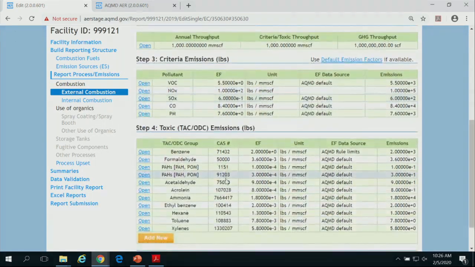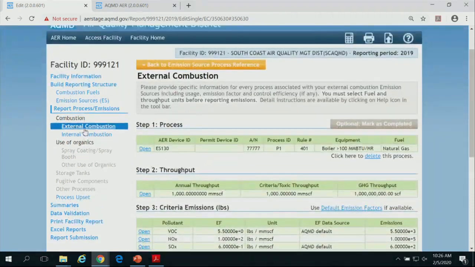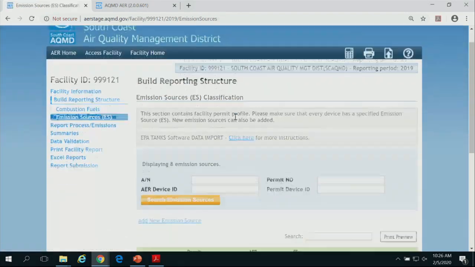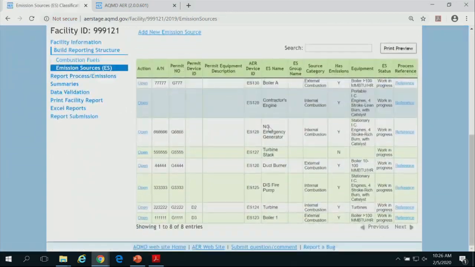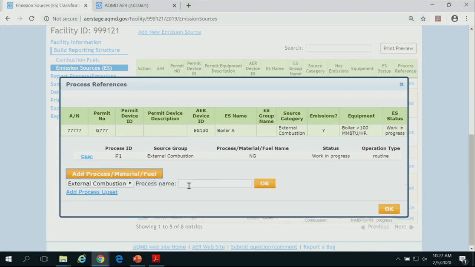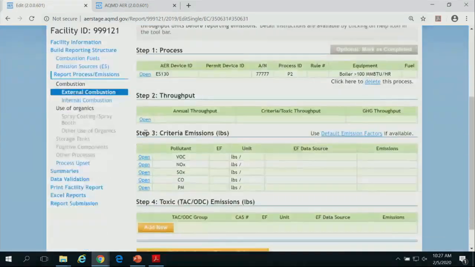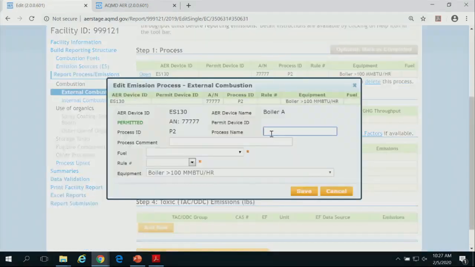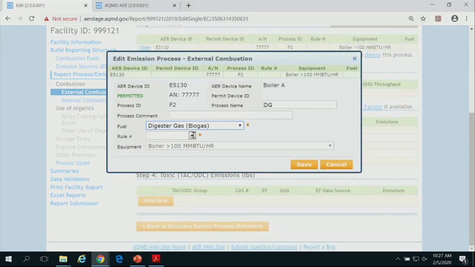So this is the first step. Now I'm going to quickly add the next process. To add the process, you go to your equipment list. This is my boiler A that I added. You click on reference. Now it brings you back to this page. Now you can add a process. I'm going to keep this part quick. Now I select OK. The first step, again, I'm repeating what I just did for natural gas. I call it DG. It's a good repetition for you, so you can follow the steps quickly now.